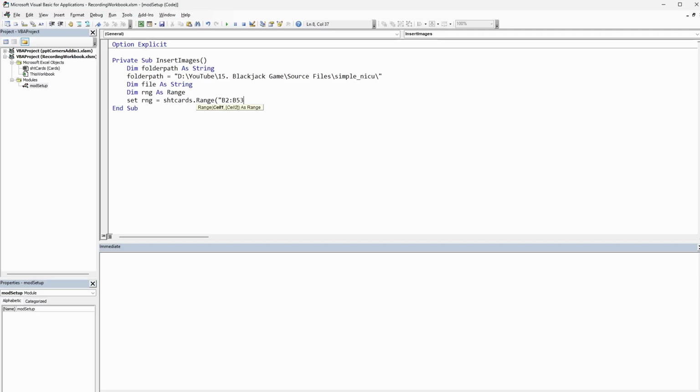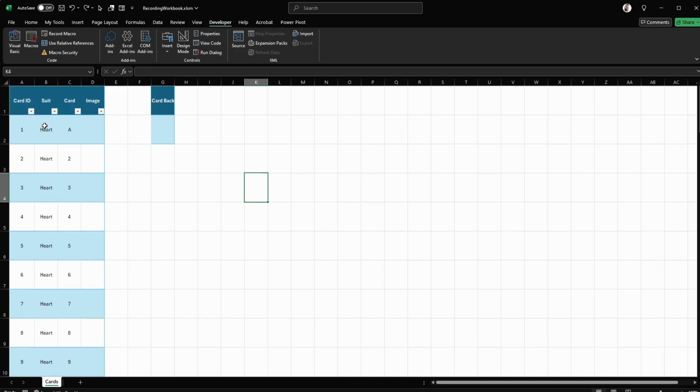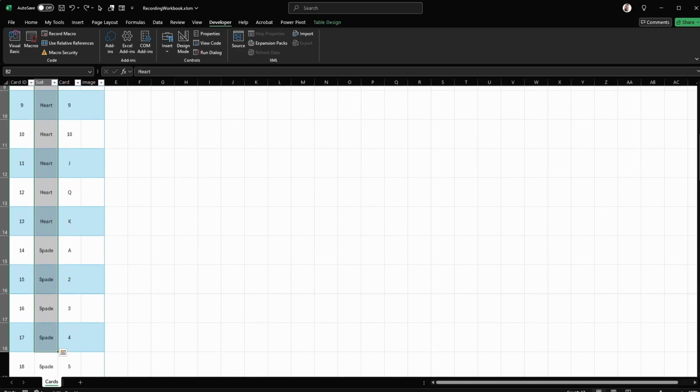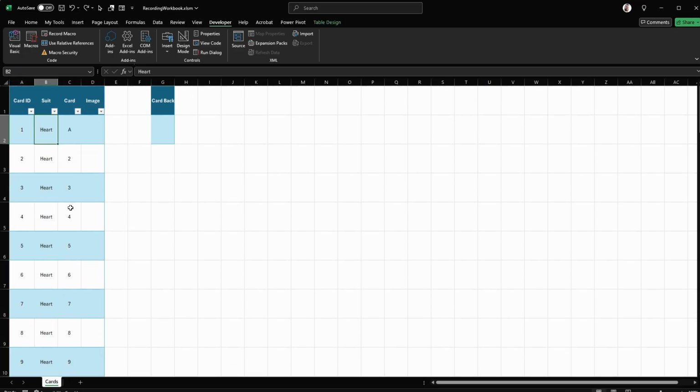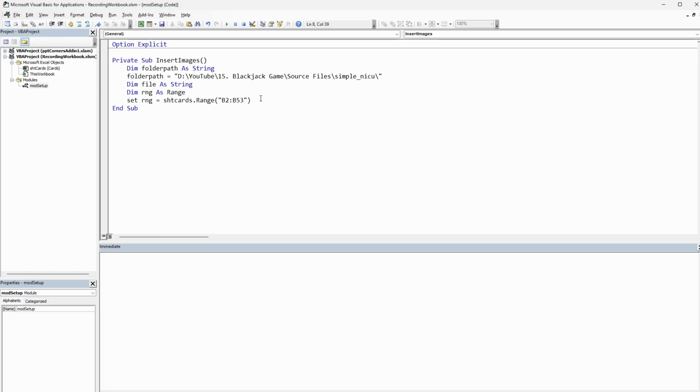3. That's just everything here down that column. Then we're going to loop through each of those cells. So we want to create a cell item. We're going to get the suit as a string and the card as a string. Okay, so for each cell in the range dot cells,